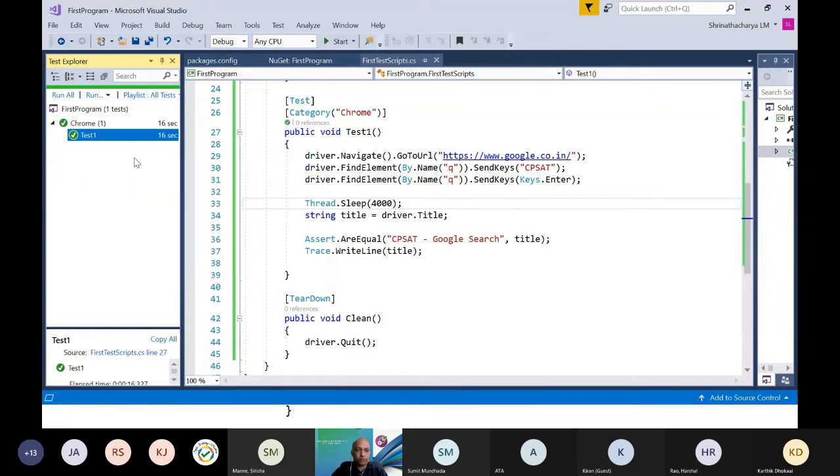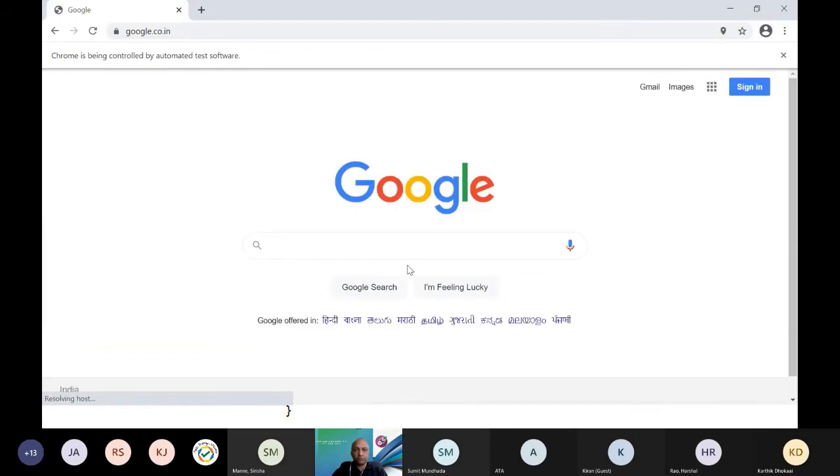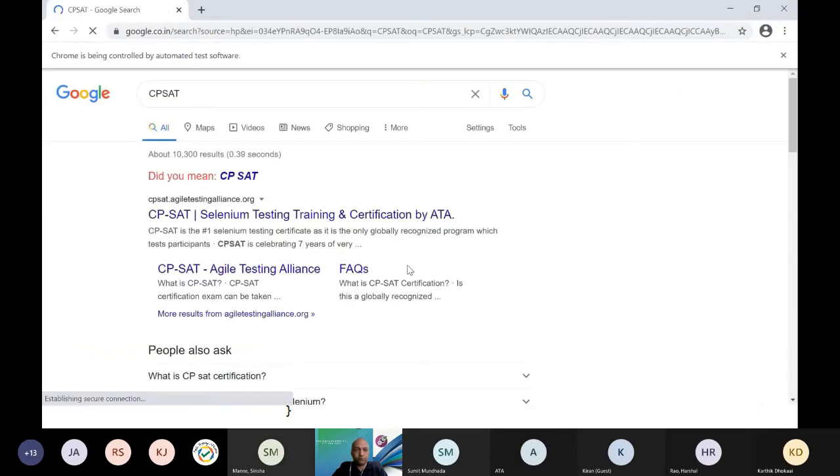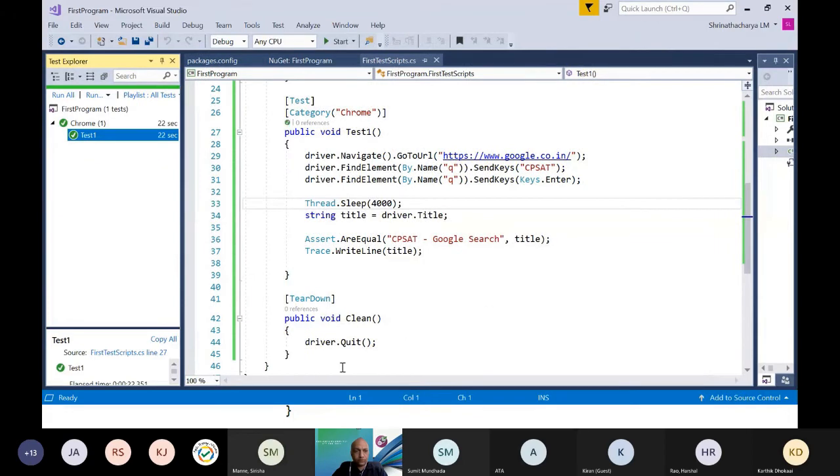Now if I run in a debug mode, okay, it has run.